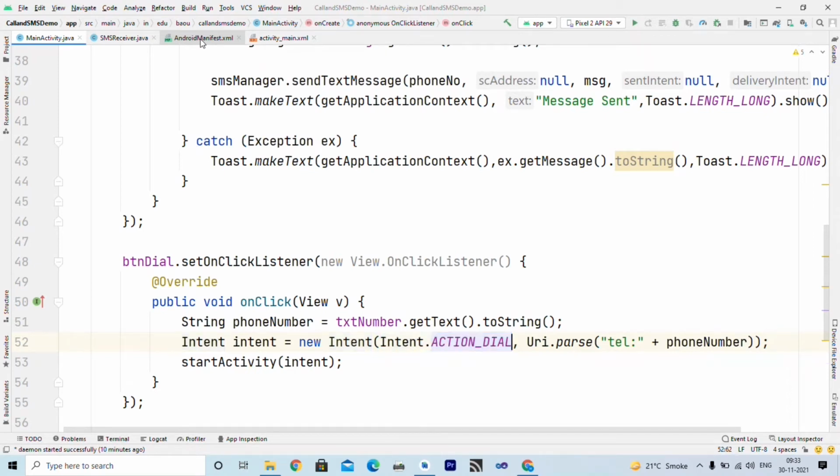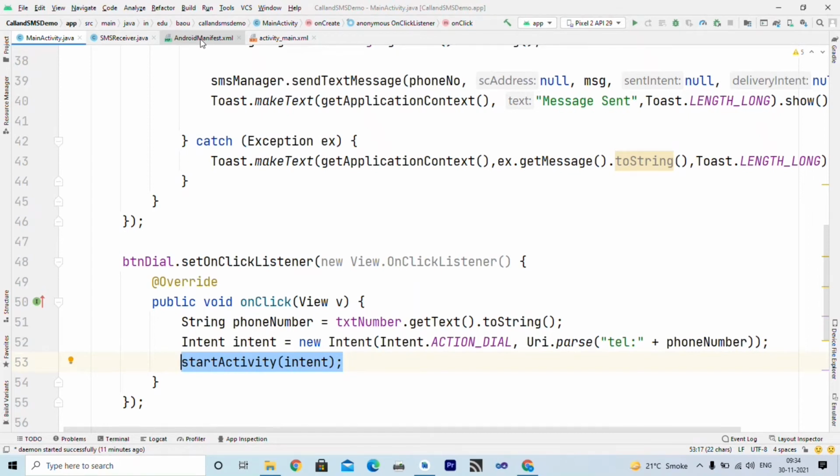The next thing is we want to provide a URI, which refers to the telephone number. So this method converts the phone number entered by the user into the format which is required by the dialer, right? So we create one intent and then we call the startActivity method and provide the intent as an argument. So it actually opens the dialer, right?